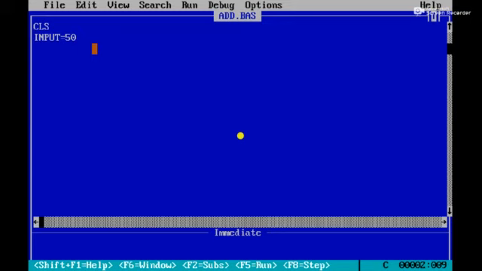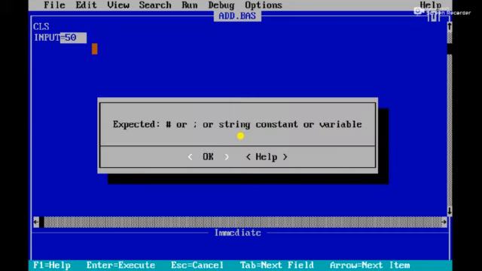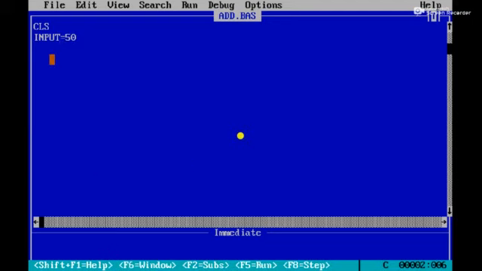INPUT is a keyword, and I have used it as a variable. So what will happen? See here, it says expected string constant or variable. Is it clear, student? So we cannot use a keyword as a variable. Okay.